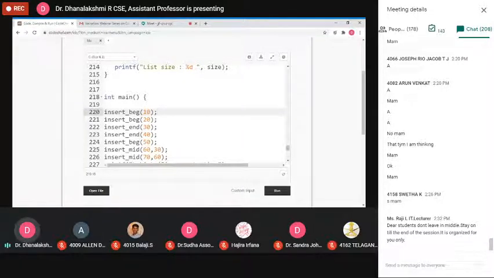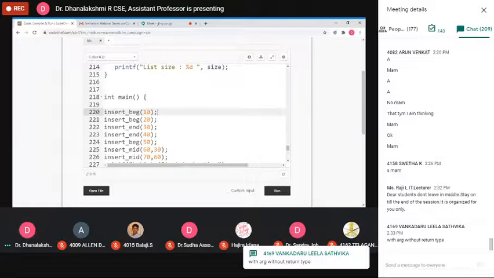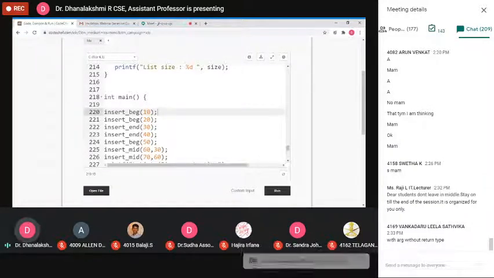Whether it is a function with return value, without return value, like that. You have 4 types of functions. What is the prototype I am using here?